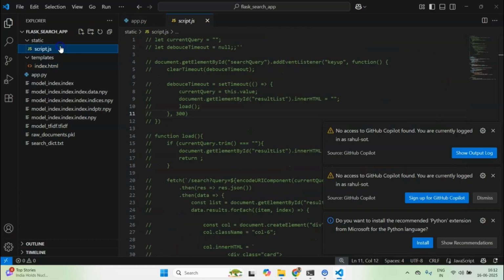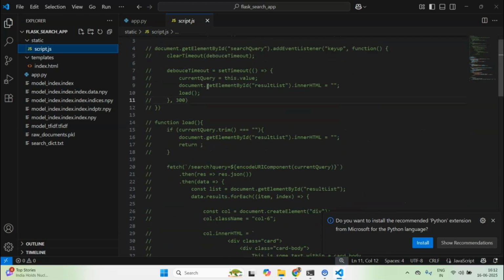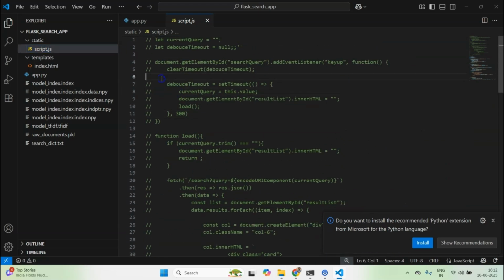Similarly with script.js, this was our earlier code and this is the new code. I'll provide you with this code, and the rest of the process of getting this search system working is the same. Okay, I hope it makes sense, and that's it in this video. Thank you so much.